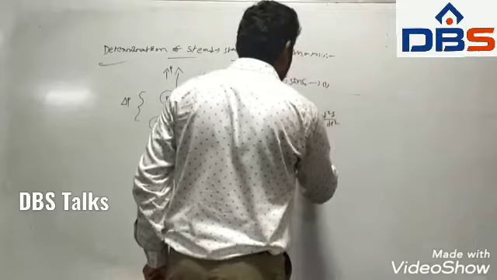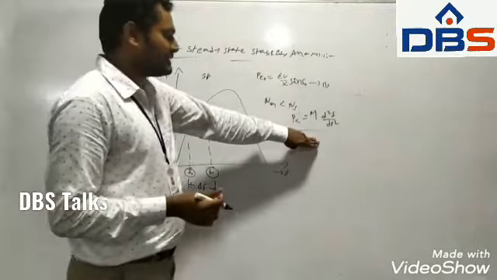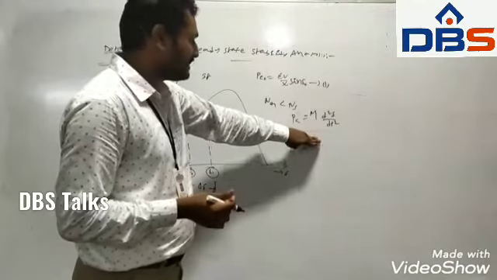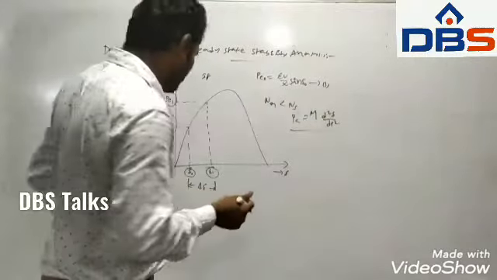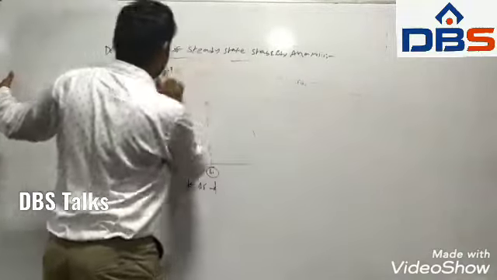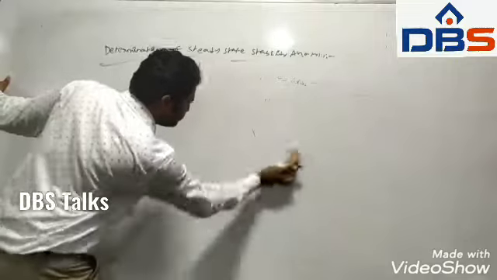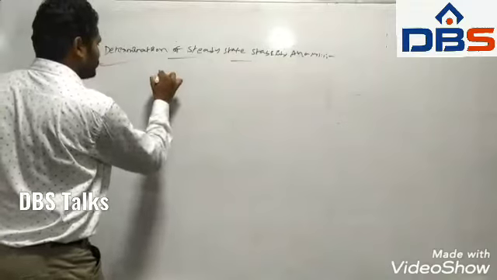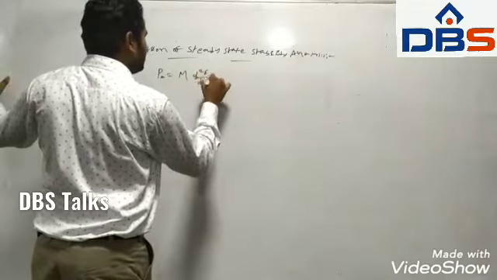So we already know that Pa is equal to m into d square delta by dt square. This is the swing equation. So this is the second order nonlinear differential equation. For small disturbances, this swing equation, that is the nonlinear equation, can be approximated as a linear equation. Pa is equal to m into d square delta by dt square.